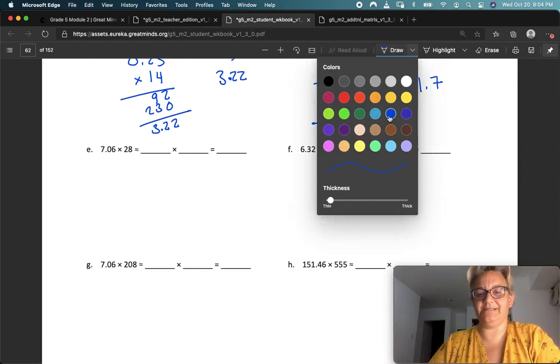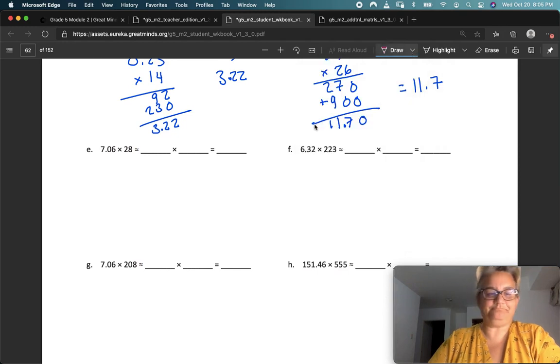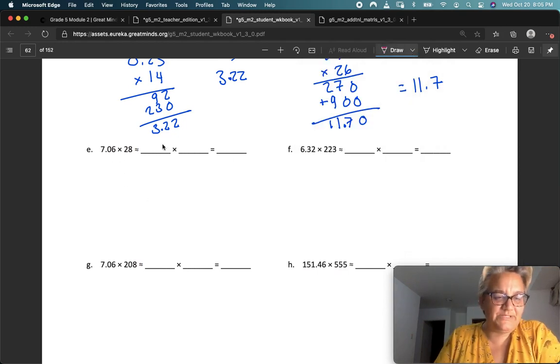Let's change colors again just because it's fun. And here I'm going to estimate 7 times 30. So that would be 210. And I am going to, wait a minute. Let's see,